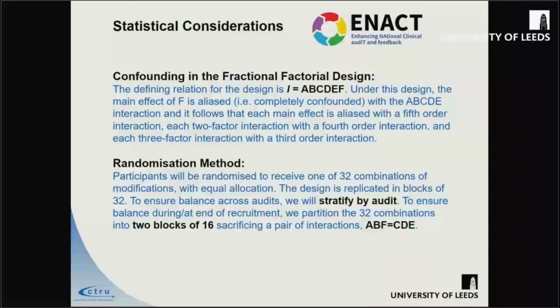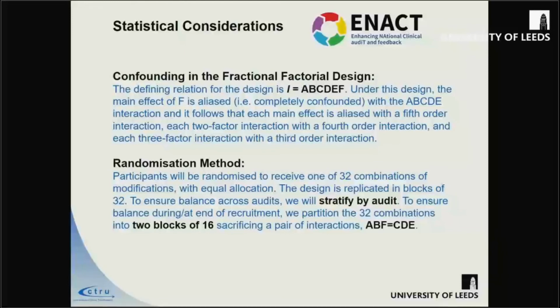The next part of it was deciding how to randomise. So we used stratified lists, and that meant that we needed to have a minimum block size of 32, which as a clinical trialist feels rather large. I would like to have more balance and more control over what I've got, given that I'm recruiting people on an ongoing basis. And therefore we decided to confound two of our interactions so that we could reduce that block size to 16. So it is balanced within a block of 16 rather than within 32.